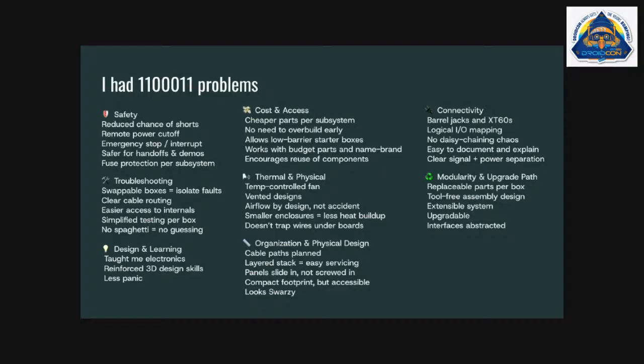Some other things in here that I kind of mentioned before were the thermal and physical control, organization, and easy connectivity. So the thought was, if somebody else had a droid that went down, if they can get to motor connectors and an audio connector, then I can give them a box and they can get running. And then